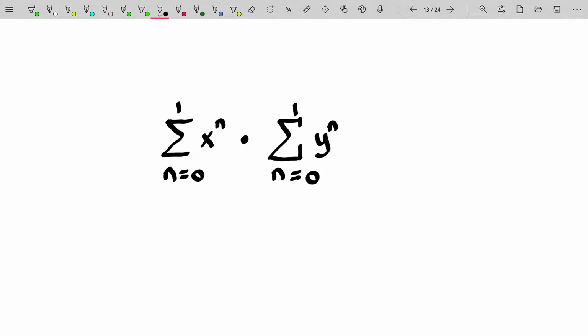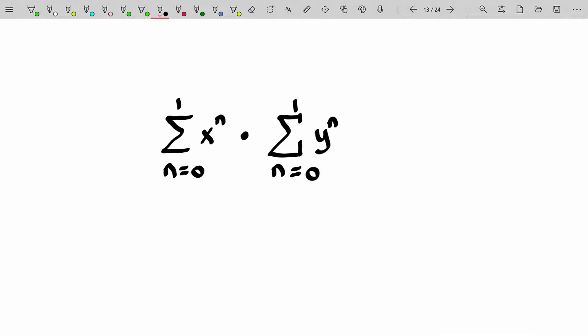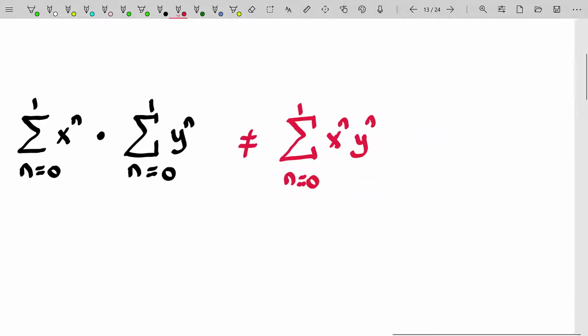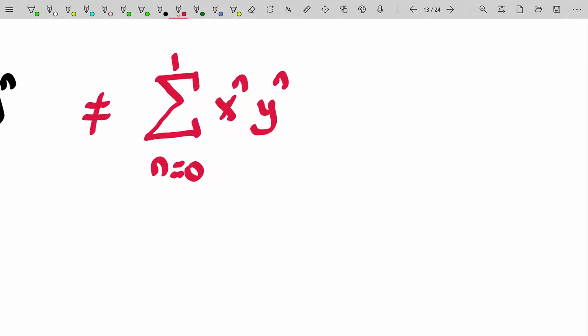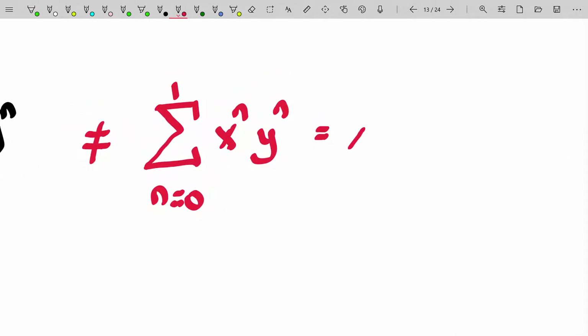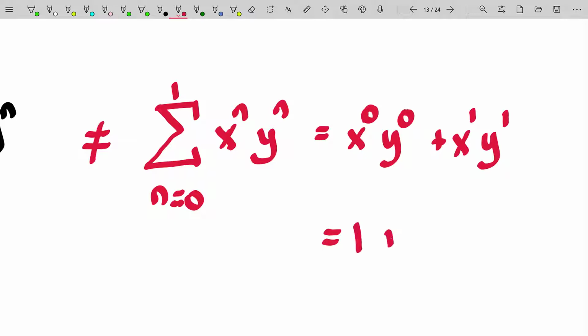This will very much showcase what I want to showcase, even if we only go to the very first term in both series. Now, I want to convince you that this is not the same as the summation n equals 0 to 1 of x to the nth times y to the nth. Why am I saying that? Well, because if you were to expand this red ink, this would be x to the 0th times y to the 0th, plus x to the first times y to the first, or in other words, 1 plus